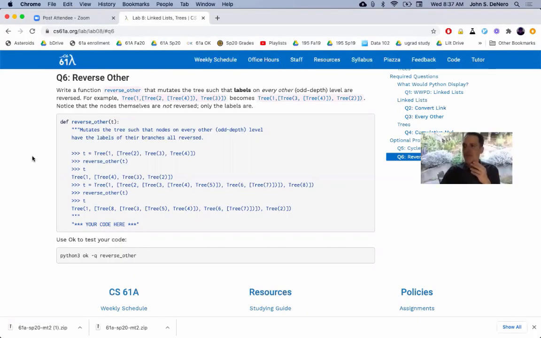Okay, so here's an optional question from lab. Write a function reverse other that mutates a tree. So a tree is input, and we're going to change it such that labels on every other odd depth are reversed. So if we start with 1, 2, 4, 3, then we reverse the order of the 2, 4 branch and the 3 branch. And so,